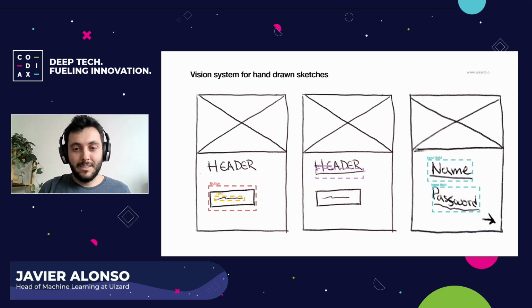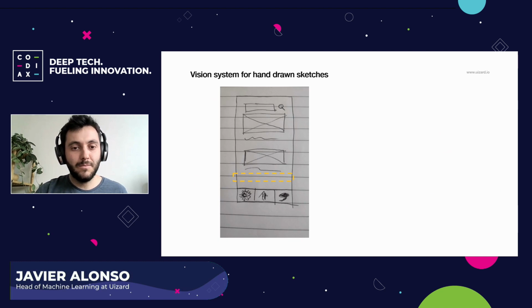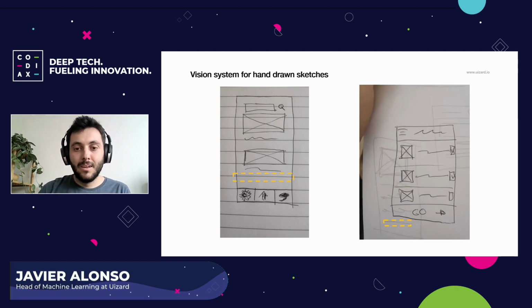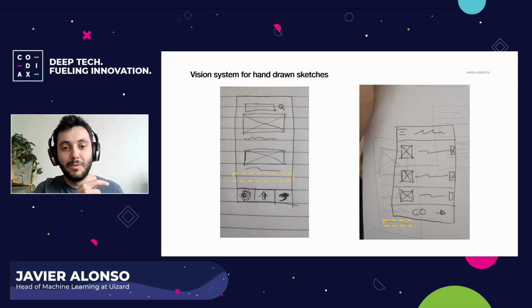So it's quite complex already, but then you need to bring this into the real world. And in the real world, even the paper that you draw on has some lines on it. And the paper that you're drawing on may even have transparencies from the previous wireframe that you drew before that also have lines on them.